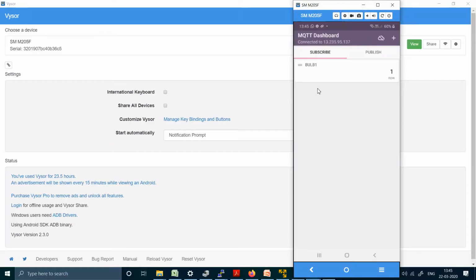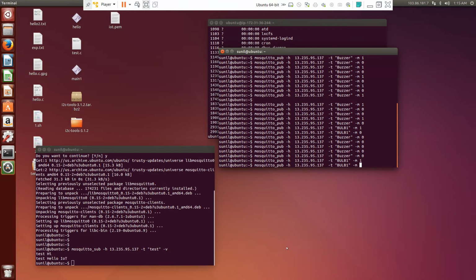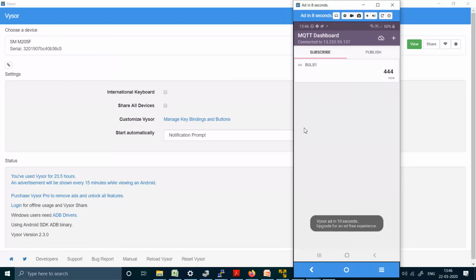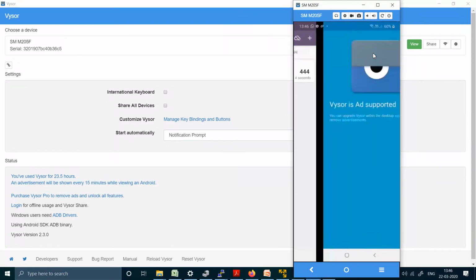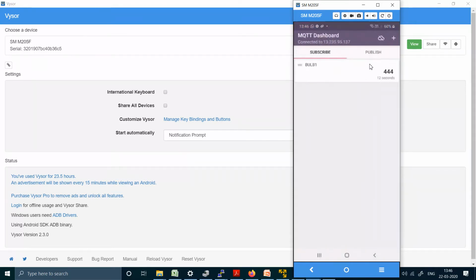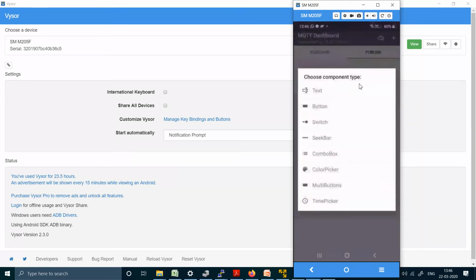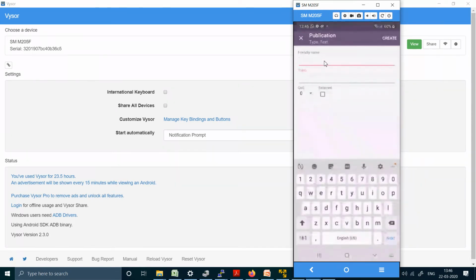So here you can see I received 1. If I send here 444, you can see I am receiving here 444. So in this way the subscriber and client work with MQTT protocol. You can also publish a message from here. So just click on publish text, select,